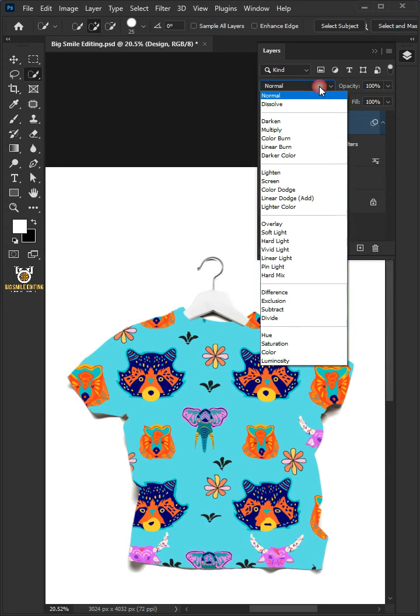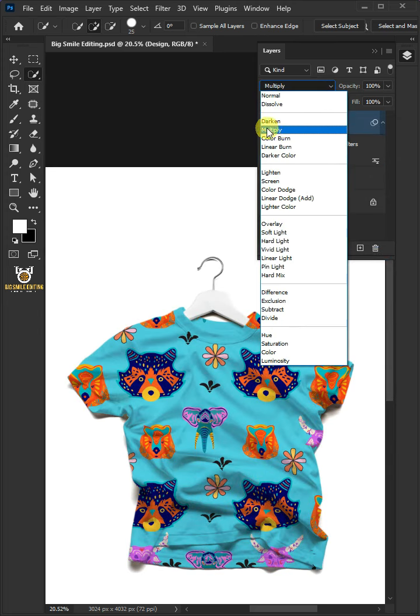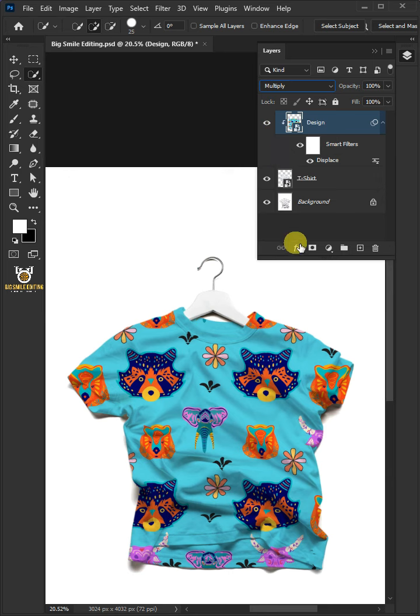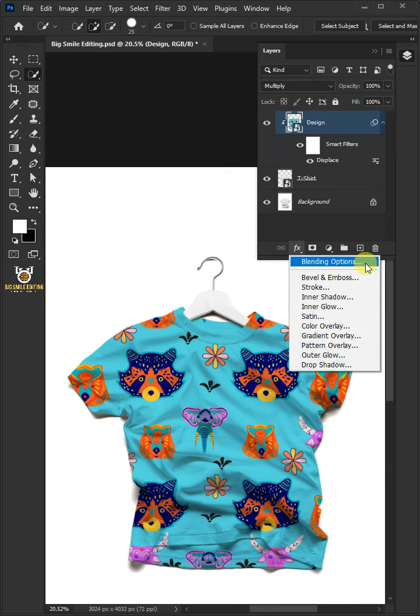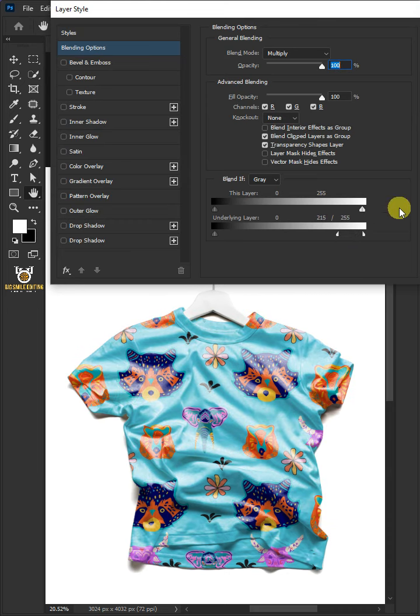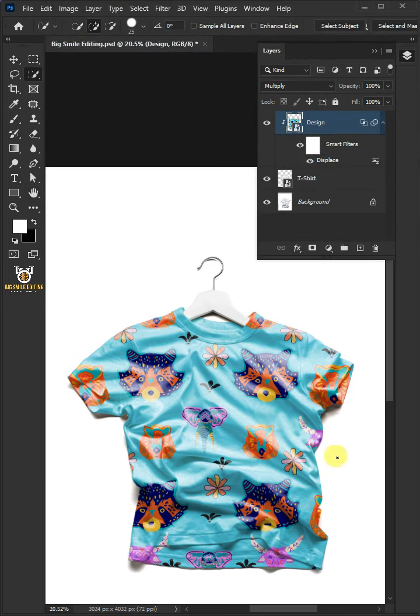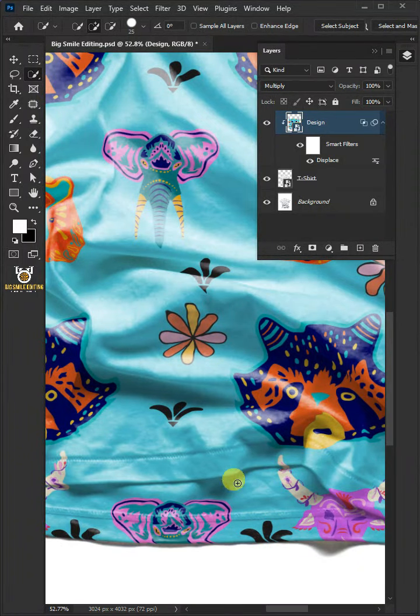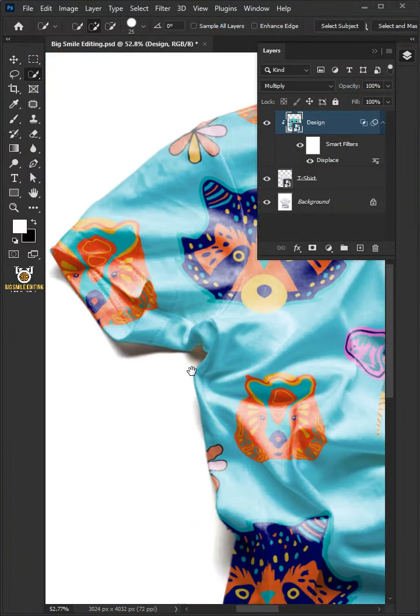Now change the blending mode of this layer from normal to multiply. Click the FX icon and choose the blending options. Hold the Alt key to split the white slider and drag it to the left. Then press OK. Now let's zoom the image, and you will see that there are extra designs inside the t-shirt